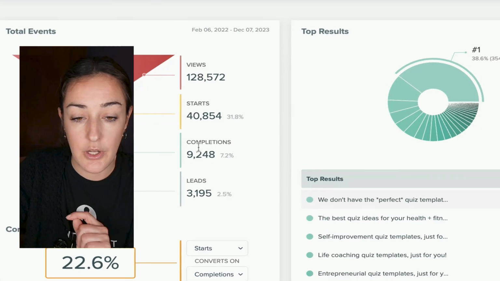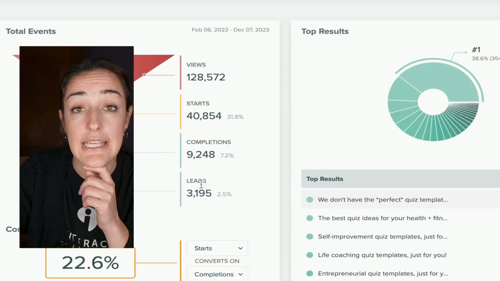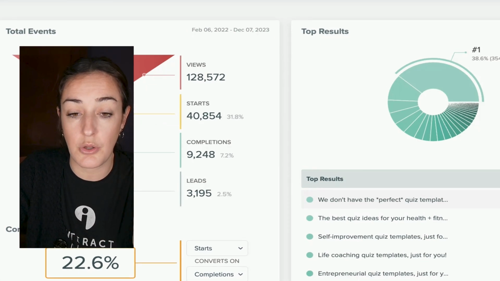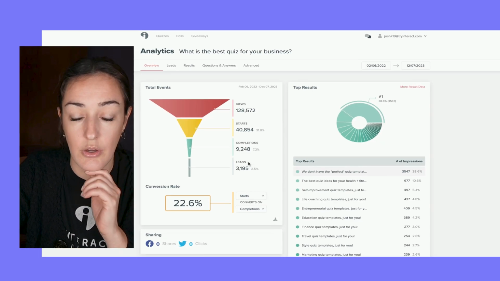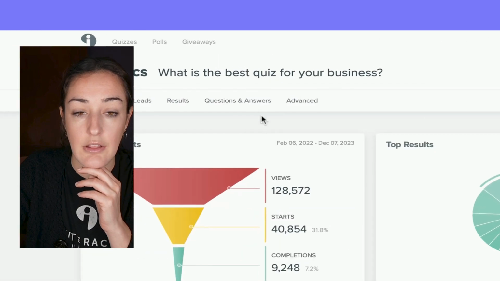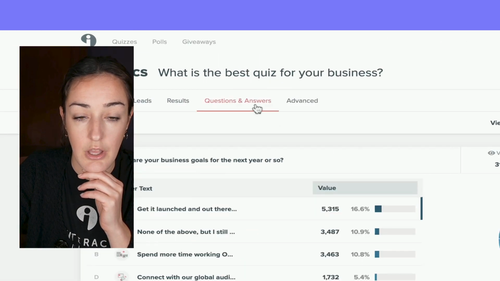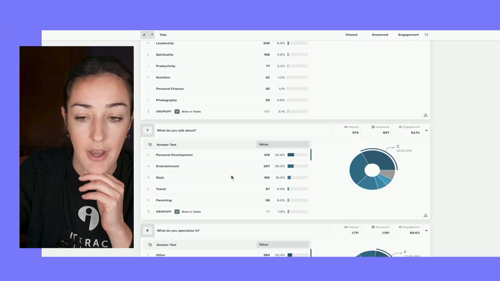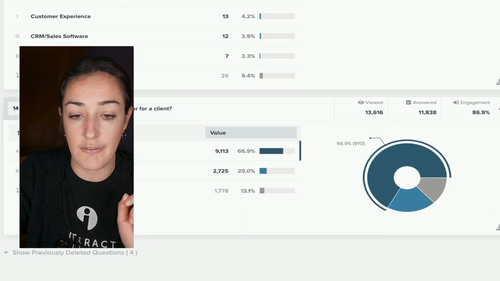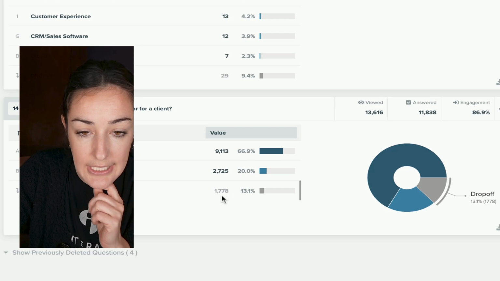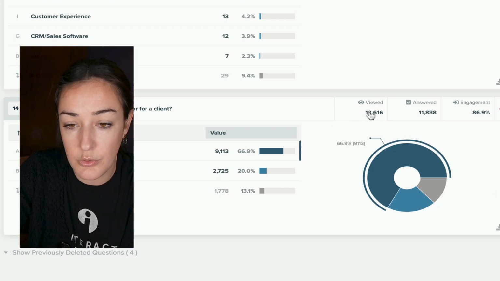Okay, last thing I want to call out on this overview tab is the number of leads, because we have this optional quiz opt-in form. So a little hack that I like to do with this is I go to the question and answer analytics. I'm going to go all the way to the bottom to look at how many people answered the last question of my quiz, which looks like it is about, right here, viewed, actually answered,